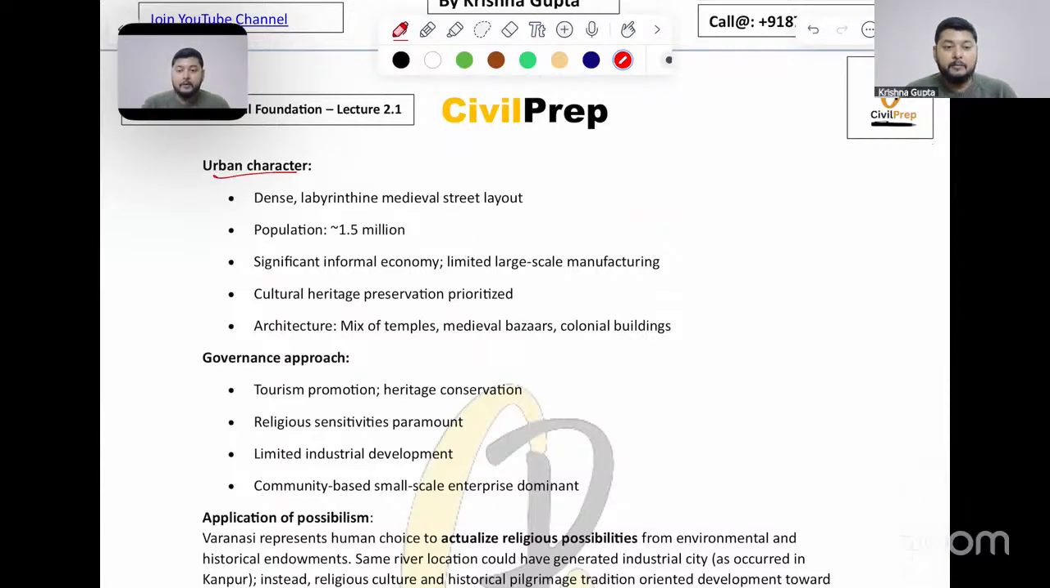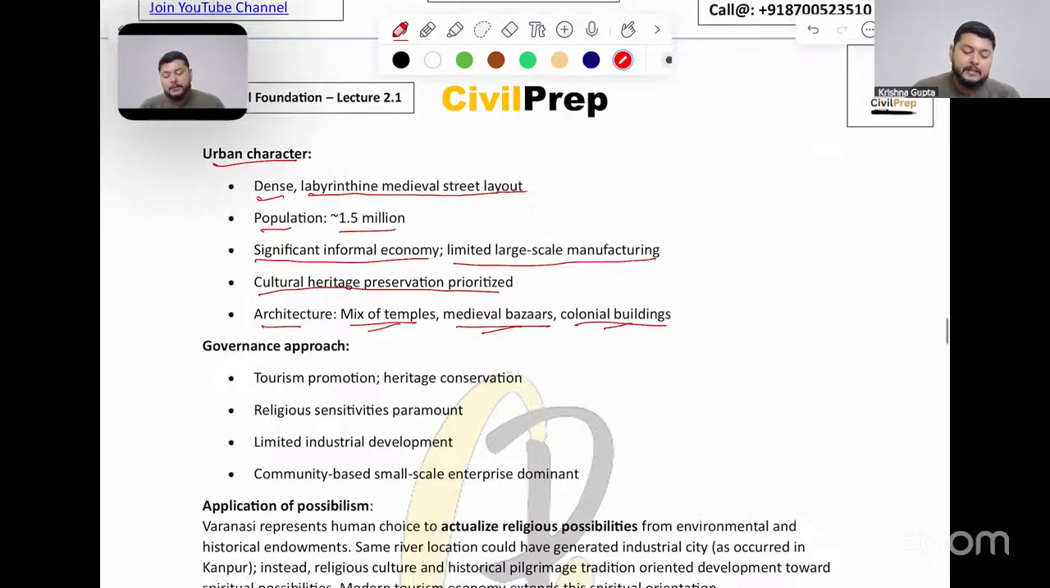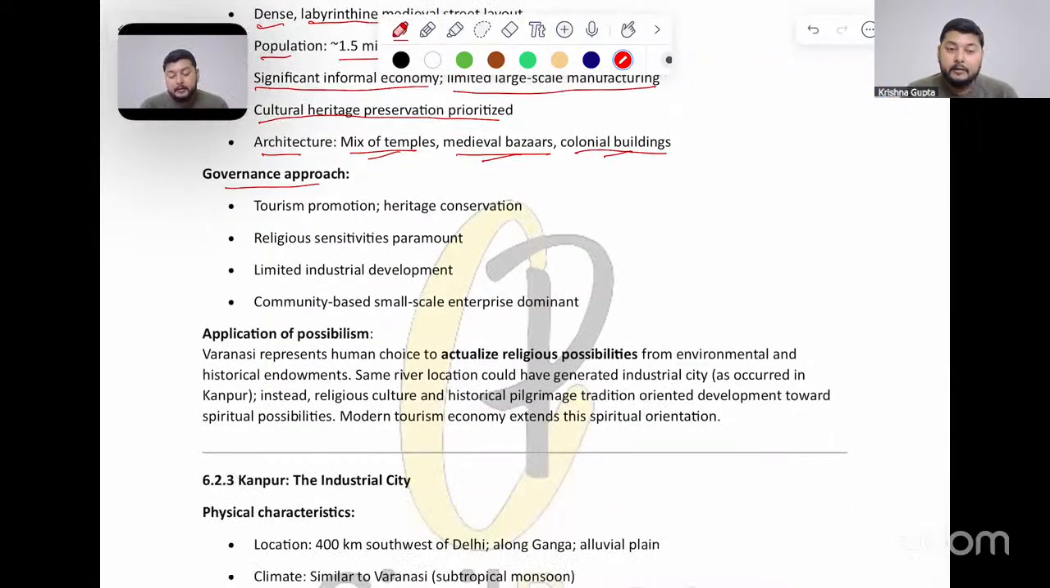Urban character, when we talk about here: a dense, labyrinthine medieval street layout is present. Population is around 1.5 million. Significant informal economy is present here. Limited large-scale manufacturing is present in the region. Cultural heritage preservation is prioritized. Architecture: a mix of temples, medieval bazaars, colonial buildings are also present here. Governance here: tourism promotion, heritage conservation, religious sensitivities paramount, then limited industrial development, community-based small-scale enterprise dominance is